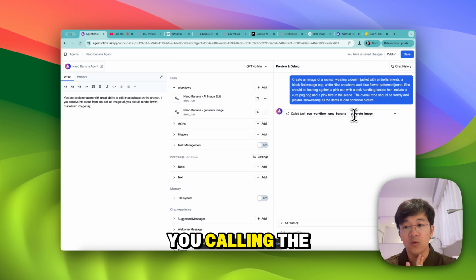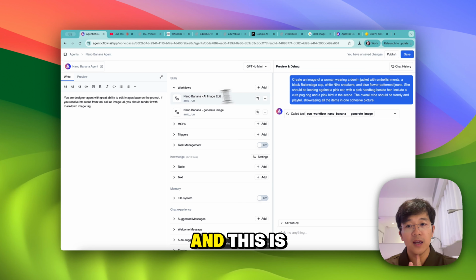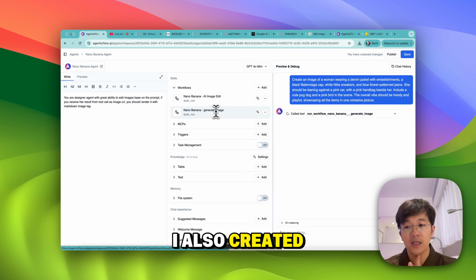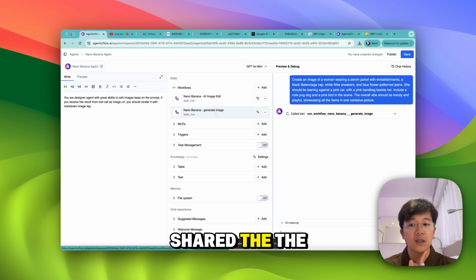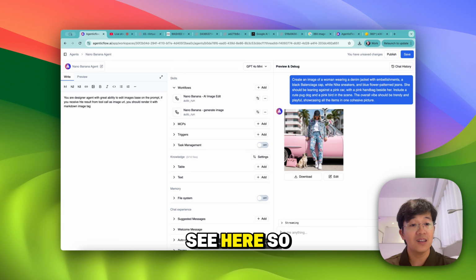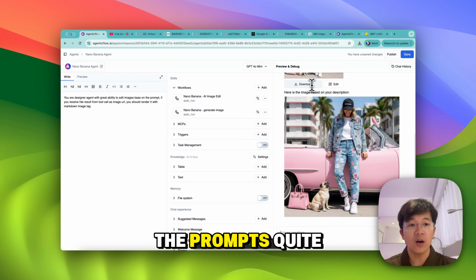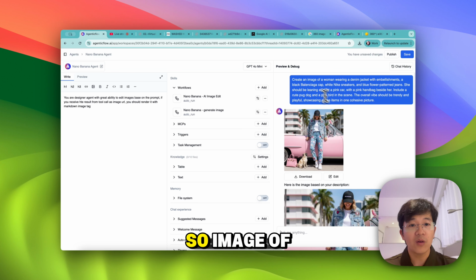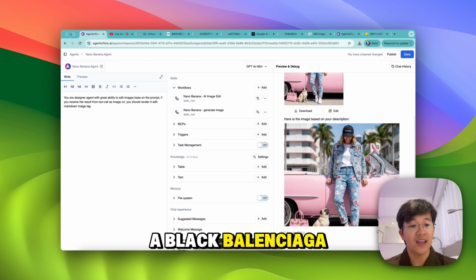Instead of calling the workflow edit image, it's going to call the workflow generate image. This is the workflow that I also created, and I already shared it into the group, as you can see here. It is following the prompts quite well: image of a woman wearing a denim jacket with inscription, a black Balenciaga cap.